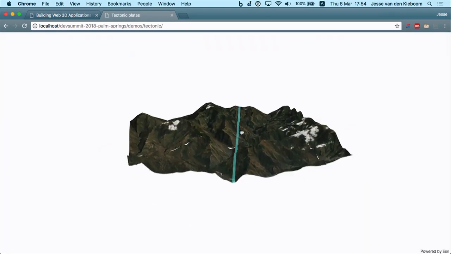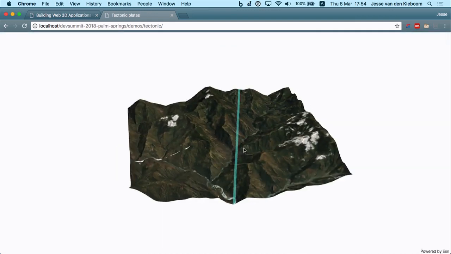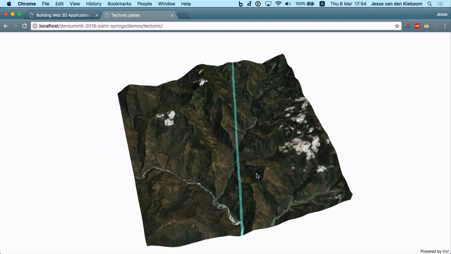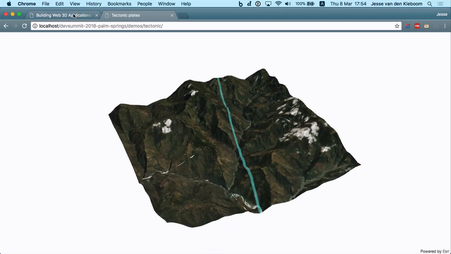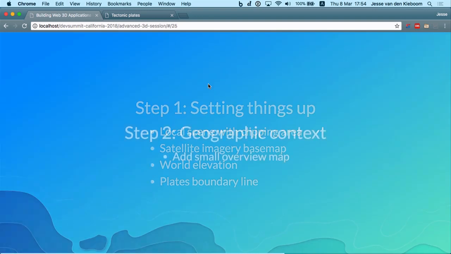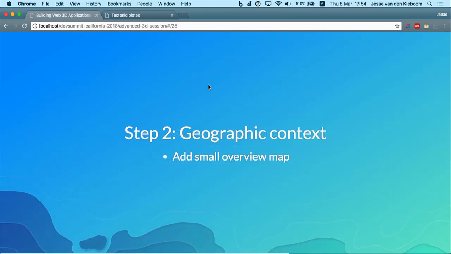So now you can see, I mean, the effect is a little bit subtle, but the mountains are twice as high now as they realistically should be, which is fine for the visualization that I want, because I want this infographic feel to it. And so, yeah, the shading looks a bit better. It's a bit hard to see on the screen, but if you do it side by side, there's actually more detail to see now. So that's basically where we start. There's a bit of customization of the custom layers, but nothing really specific to 3D so much. The second thing that I always like to do when I create these applications is have a little 2D